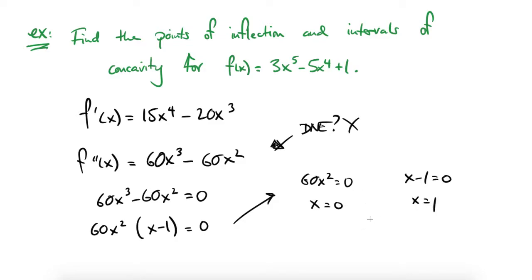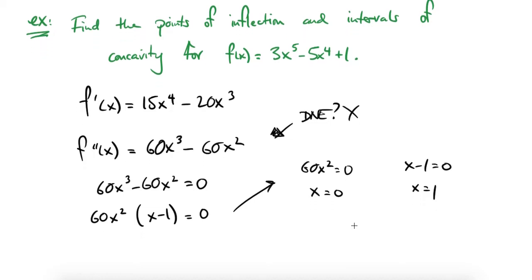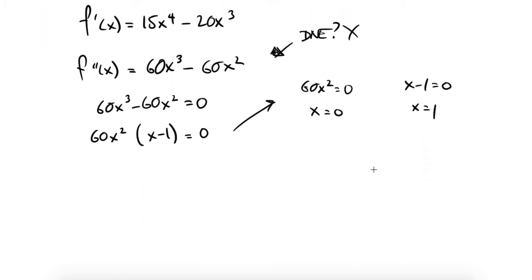Now, if I were asking myself about critical numbers, which remember is a first derivative phenomenon, these would be critical numbers if I was doing that type of problem. But because we're talking about inflection points, I have to do an extra test. I have to make sure that the second derivative actually changes sign around these things. So what I do is I take these two potential candidates, potential points of inflection,